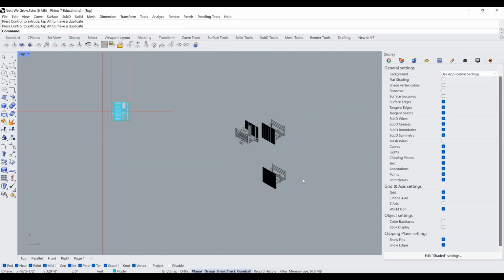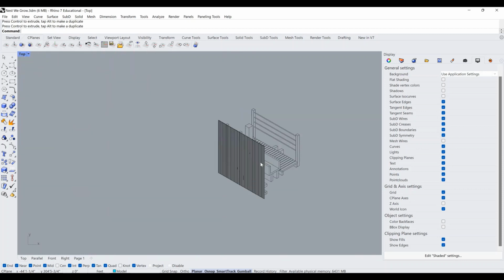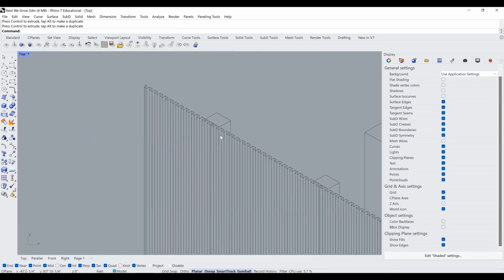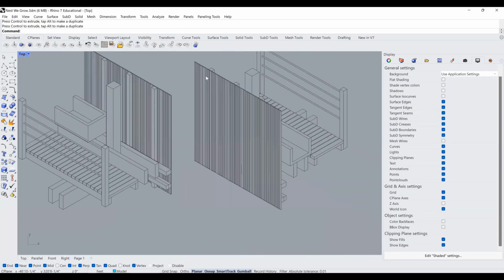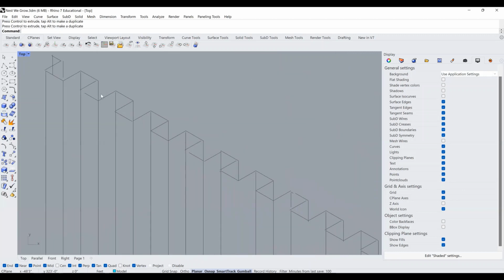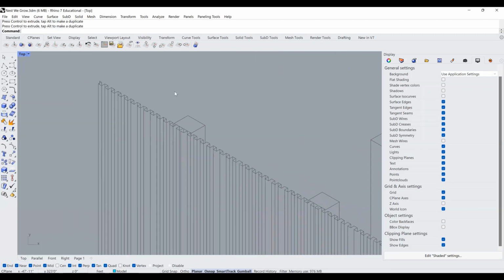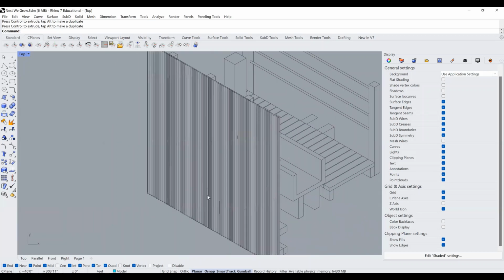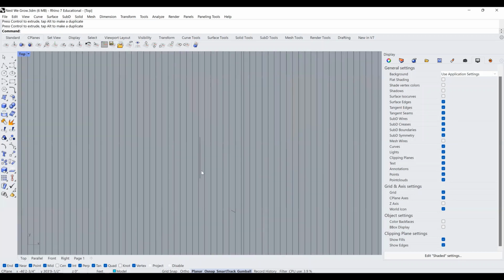And I'll do the same for the interior too. But let's check on this first. So we can see already that this is a lot cleaner than this drawing up here, especially with these gaps that aren't there anymore. So when I'm going to do my line work, I'm just going to start cleaning up